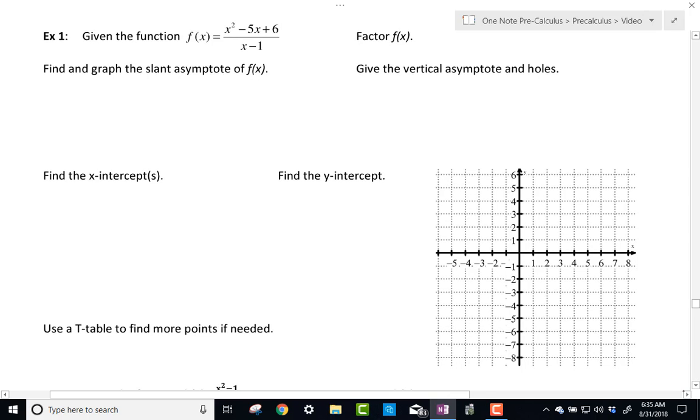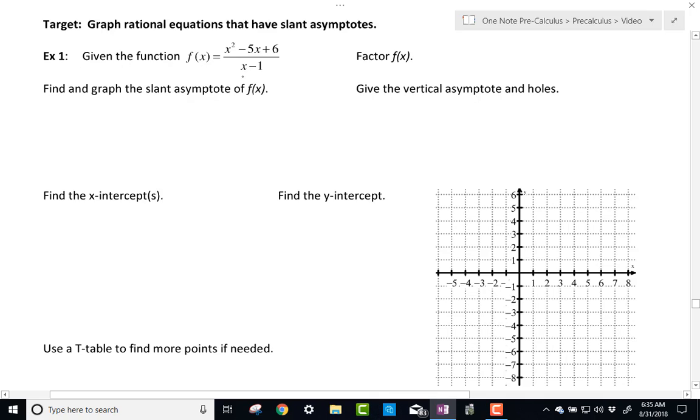Okay, so it says, given the function f of x equals x squared minus 5x plus 6 over x minus 1, we're going to go ahead and begin just the way we normally would. First of all, I notice that because the degree of the numerator is greater than the denominator, there is no horizontal asymptote. Okay? So the next thing I want to do is check for vertical asymptotes and holes. Before I do any division, I want to make sure that this thing doesn't have any holes in it, and so I'm going to start off by actually